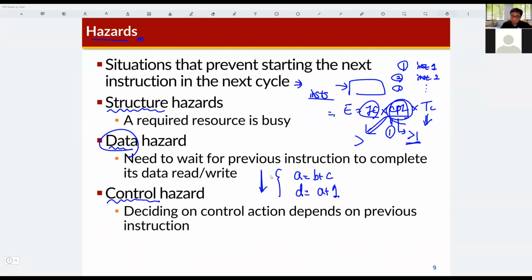As you can see, the second line statement requires the data stored in variable A. But this data in variable A is determined by the first statement, A equals B plus C. So this statement cannot be executed until A is